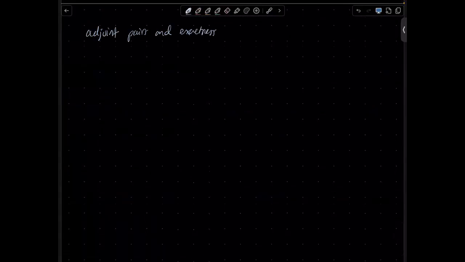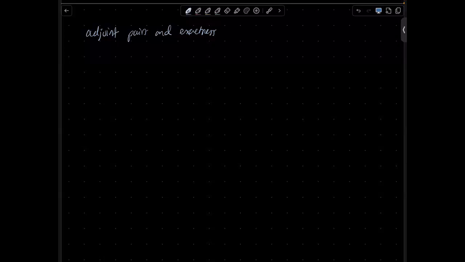This is just as a curiosity. It's nice to know. So if L going from A to B and R going from B to A form an adjoint pair of additive functors,